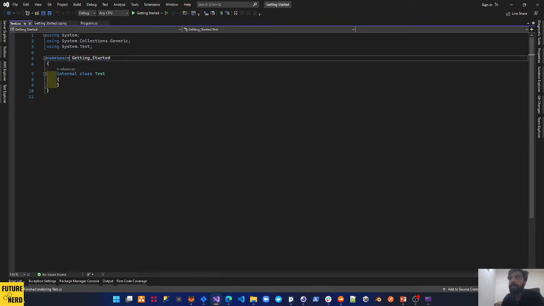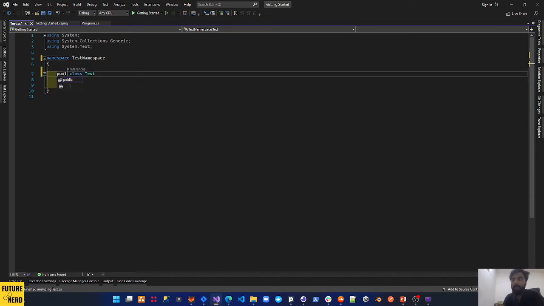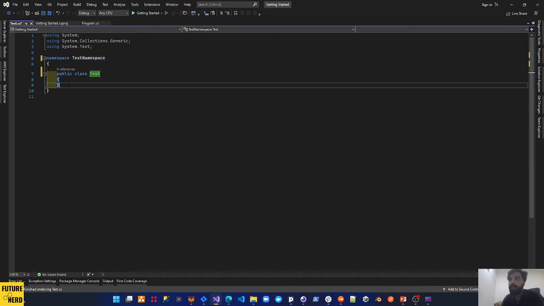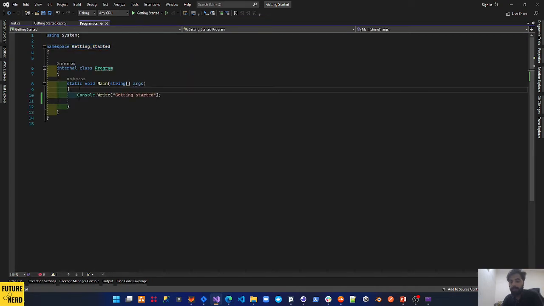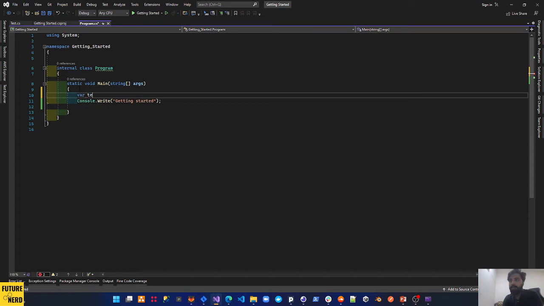Okay, and you can see that we can change the namespace here. We would say test namespace, and if I want to use this code in any other file, I have to use this namespace to use that code. I would say if I am using this in our program file, variable test equal to